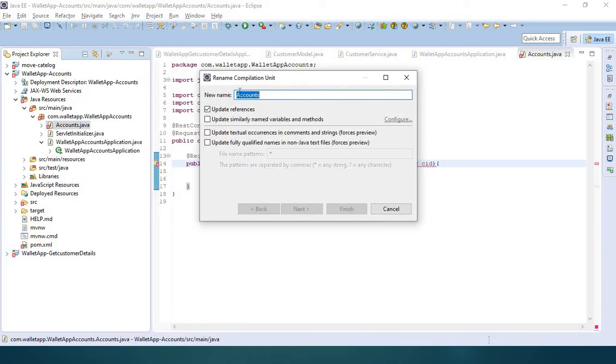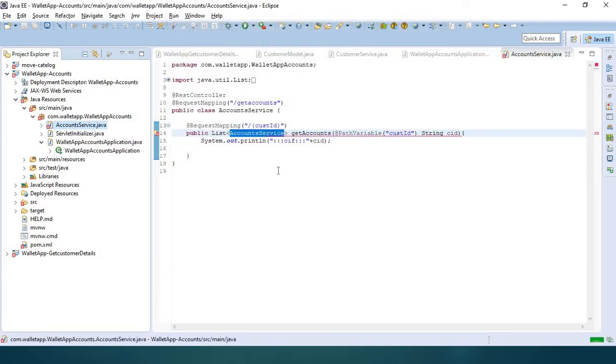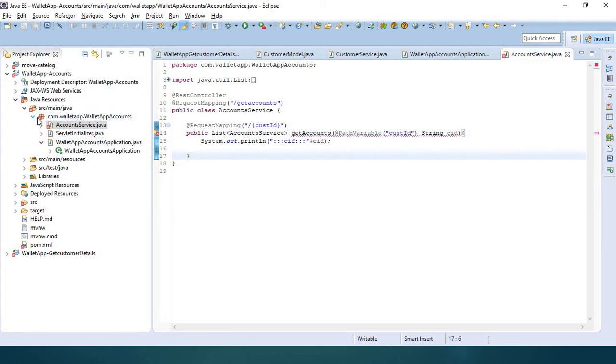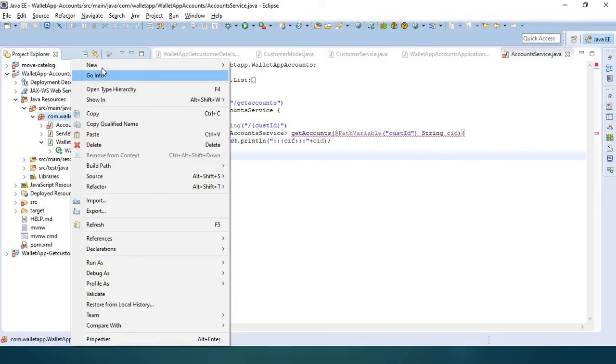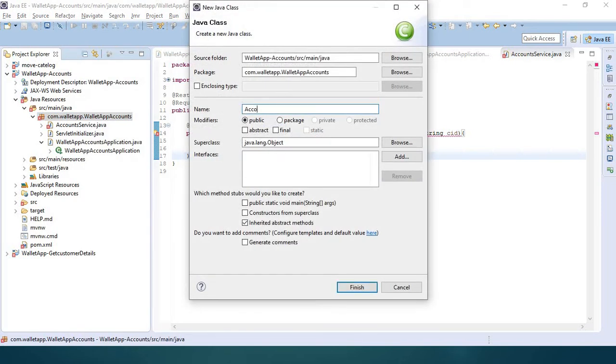Refactor, rename it to account service. Now we will create an account folder, because the same is a problem. You can create it here only, no problem. Class, accounts.